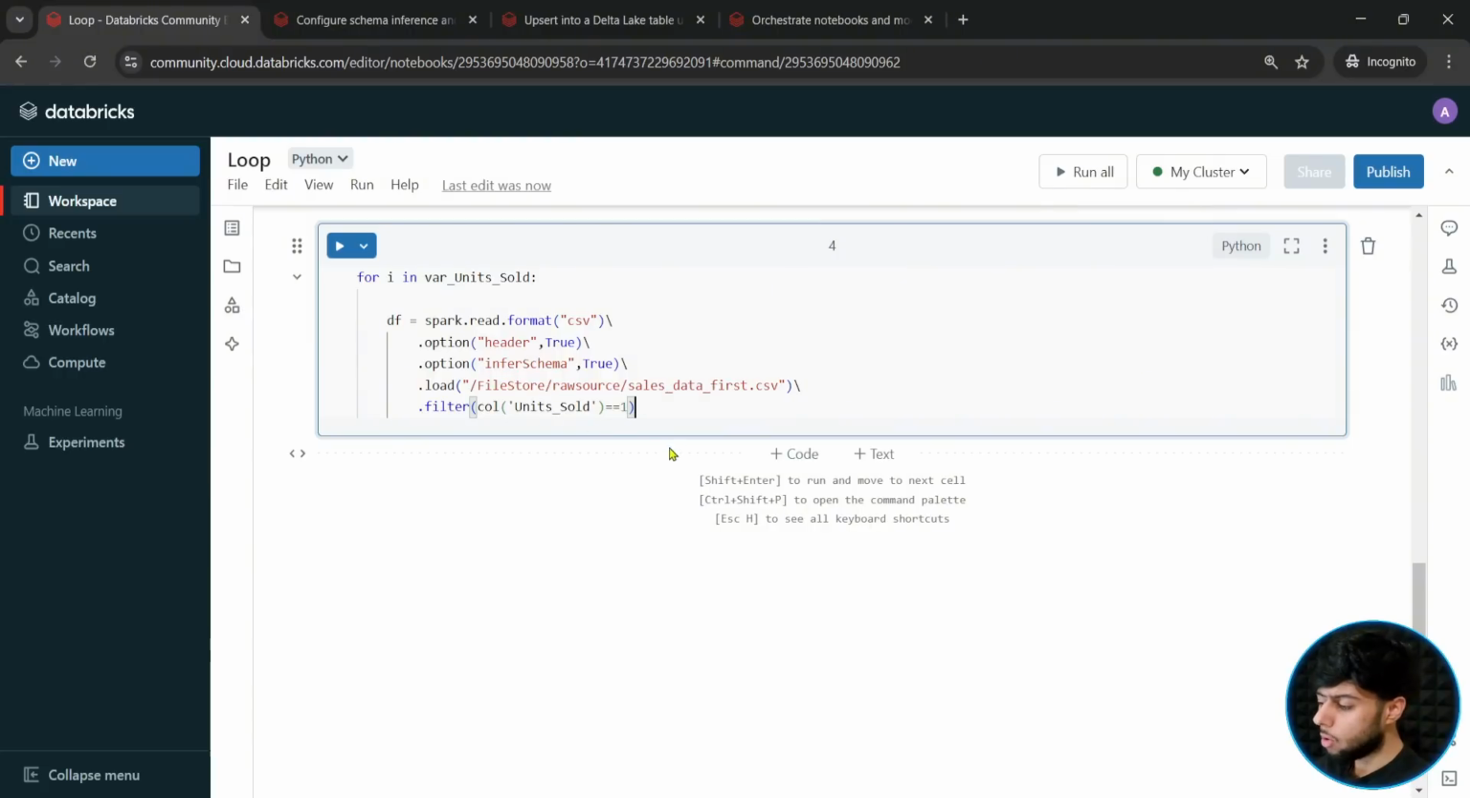Now I have hard coded this one. I don't want to hard code it. I will simply say equals to i. So every time the value of i equals to 1, it will just filter my data based on i. Okay, once it has filtered the data,